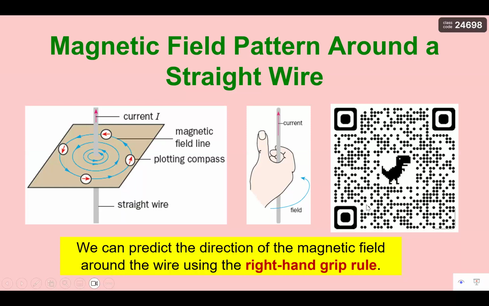But in the case of a straight wire, you can't use your fingers for the current because your fingers will curl. So we will just alternate. We use our thumb as the direction of the current flow. In this case, you can see that the current is going upwards, so I just point my thumb upwards in the direction of the current flow. Based on my fingers curling, my fingers will be curling anti-clockwise. That's why I have a magnetic field in the anti-clockwise direction.